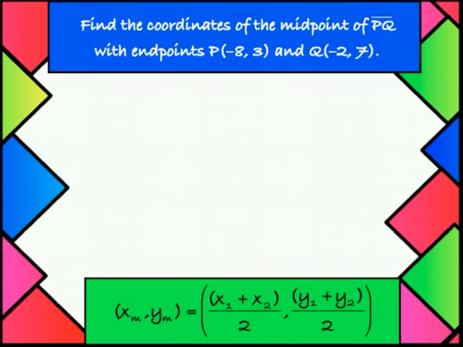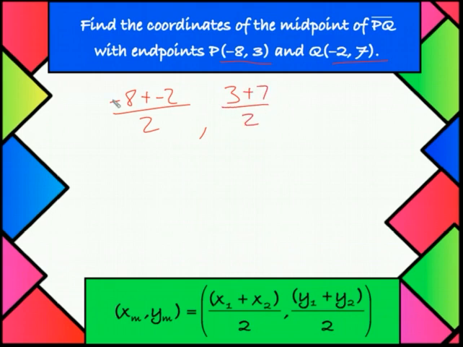All right, next we have midpoint formula, which is just the point in the middle. So basically what you do is you average your x's and you average your y's. So if these are my two endpoints, I'm going to add my x's together, divide by 2, add my y's